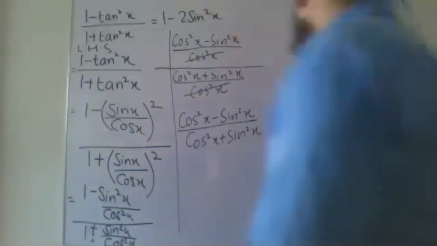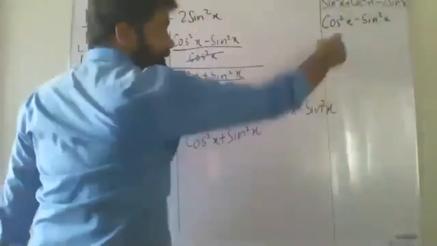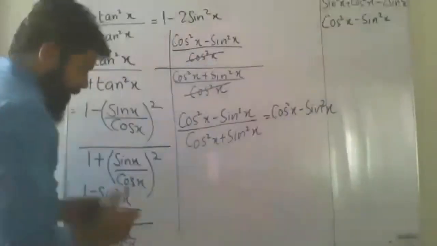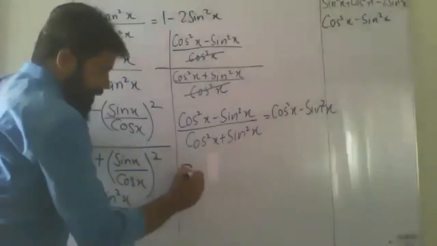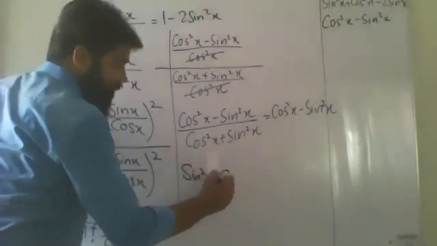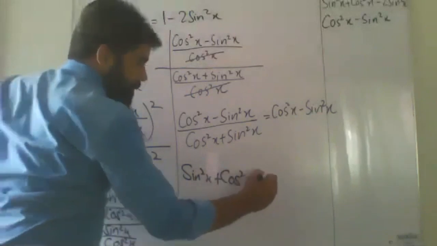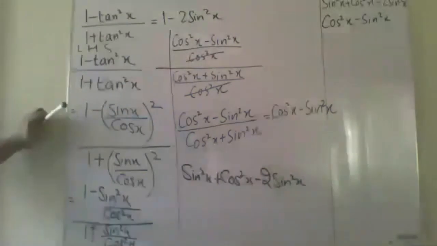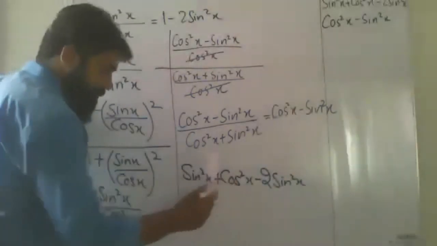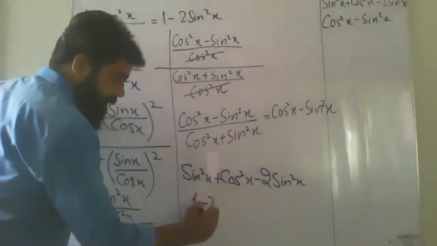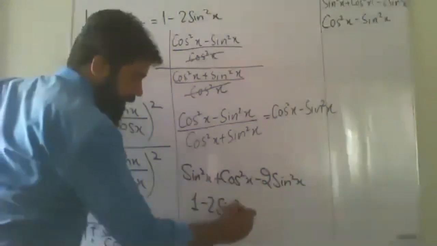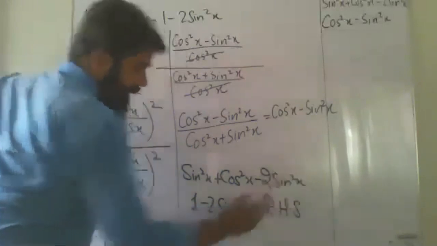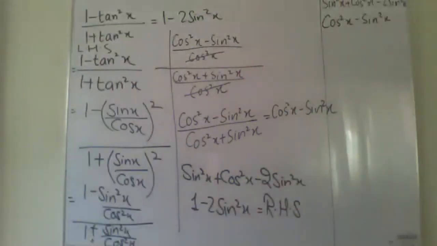So what I am going to do after this, when I have got this one, which is in the rough work, is write this step now. Sine square x plus cos square x minus 2 sine square x. And sine square x plus cos square x equals 1. So 1 minus 2 sine square x equals the right hand side. That's how this identity